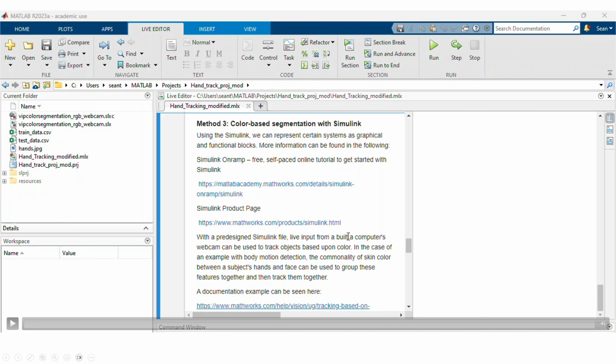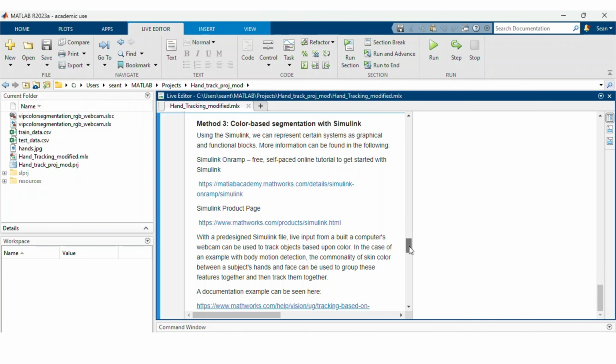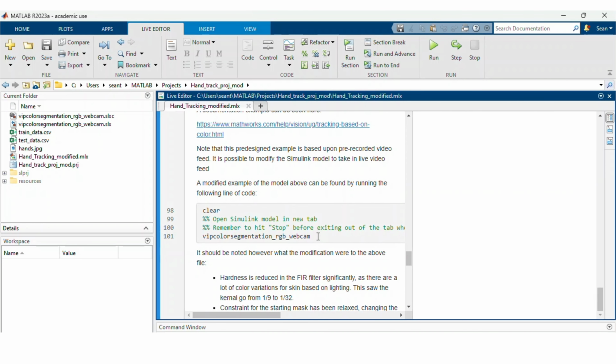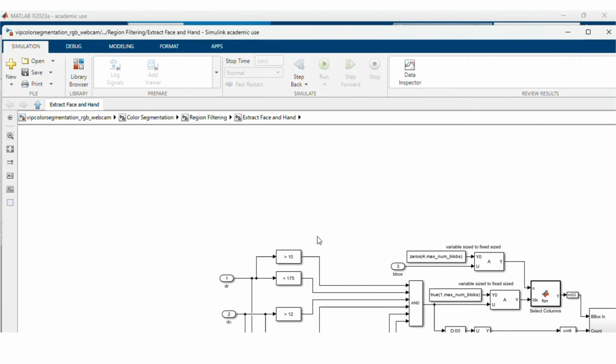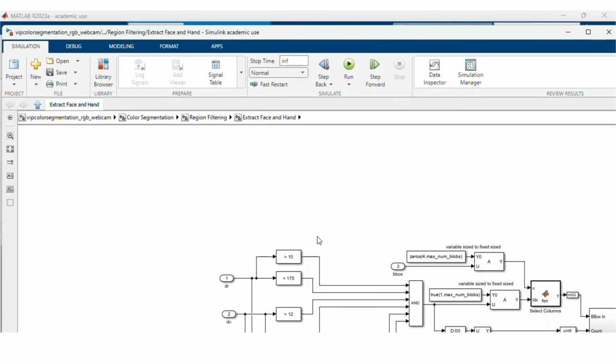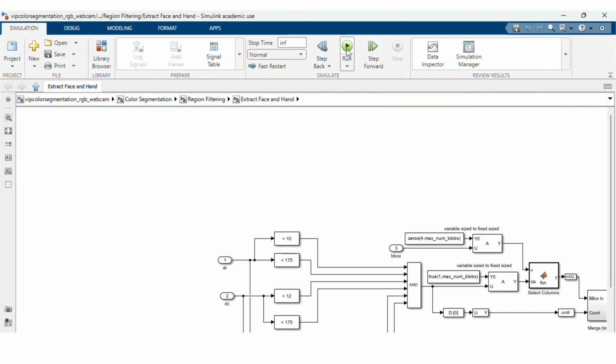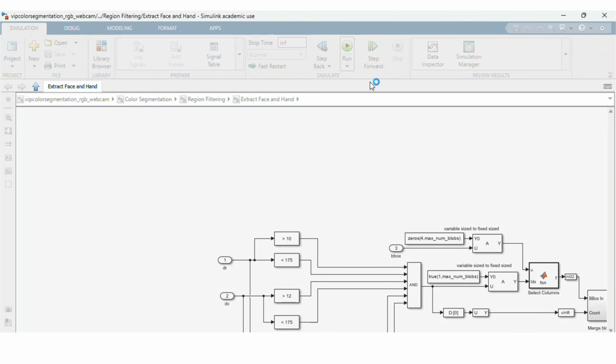All right, so go ahead and play this one. Now this one also uses Simulink, and we're going to show how you can mix these different types of models. Okay, so here's the Simulink model. I'll go ahead and run this one.